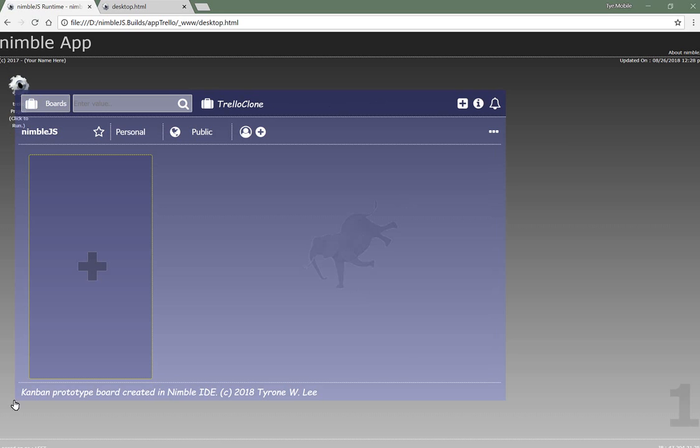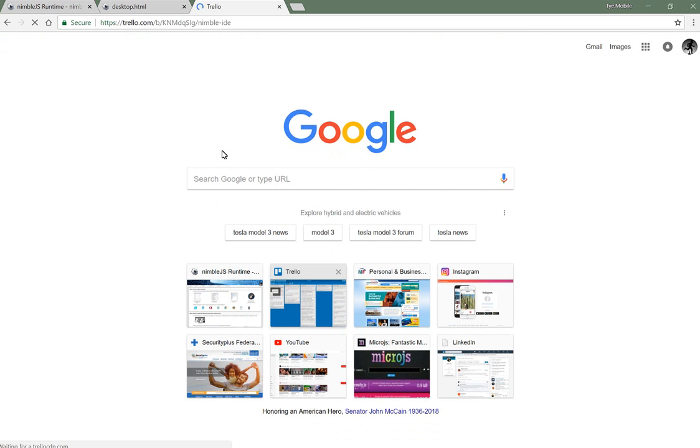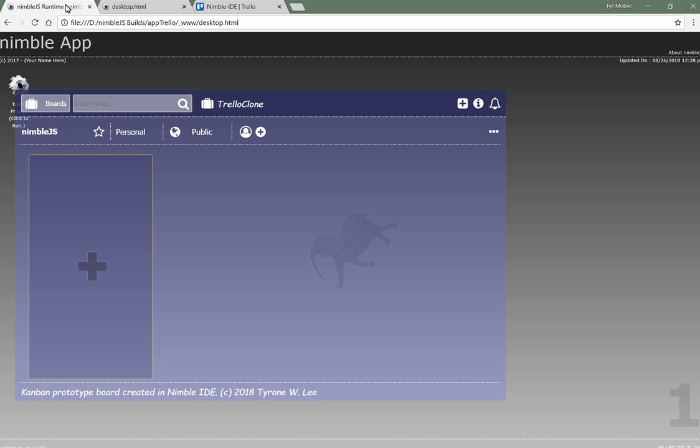Here we have a simple layout for a Kanban board. I kind of mimicked, I'll let you take a look at the Trello layout so you can see my inspiration for this. This is my Trello board for the Nimble IDE. This is where I would normally do all of my work. So I tried to mimic the design a little